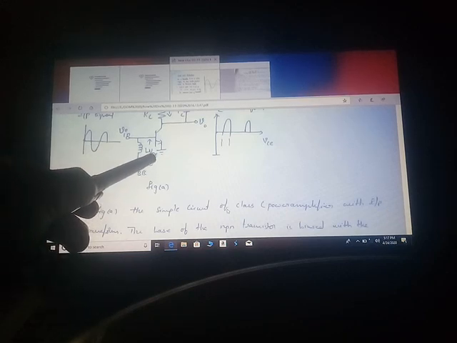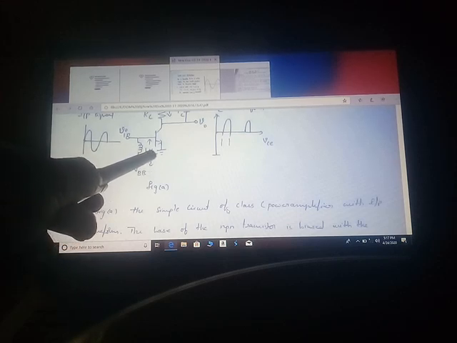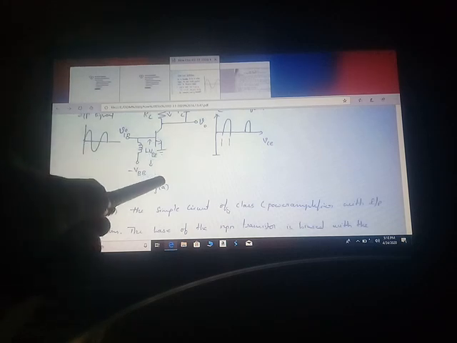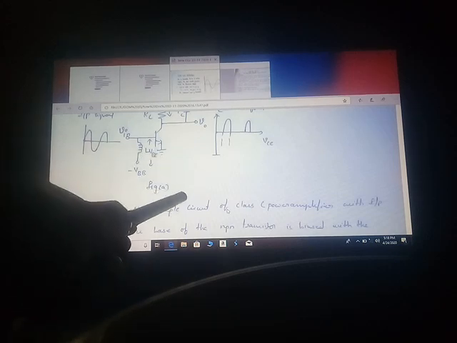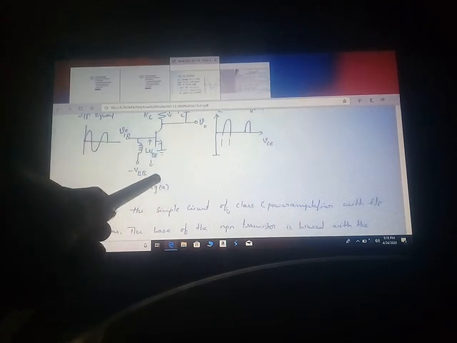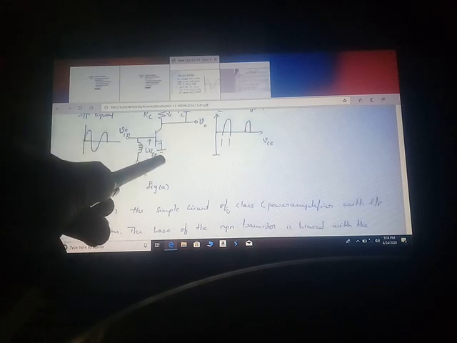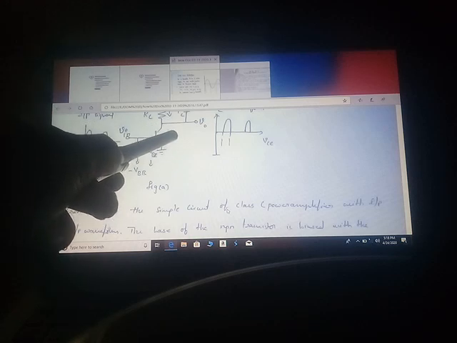The transistor acts in three regions. One is the active region, the second is the saturation region, and the third is the cutoff region. But in this analysis, we are taking the class C power amplifier. The class C power amplifier operates in the saturation region. Saturation region means the total current flowing at the output stage is equal to 0, or remains at a constant value, that is, no current flows here.